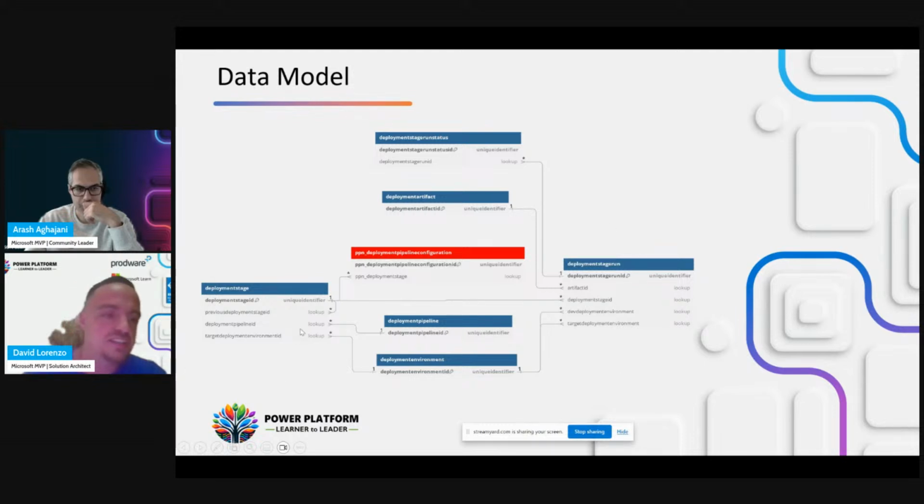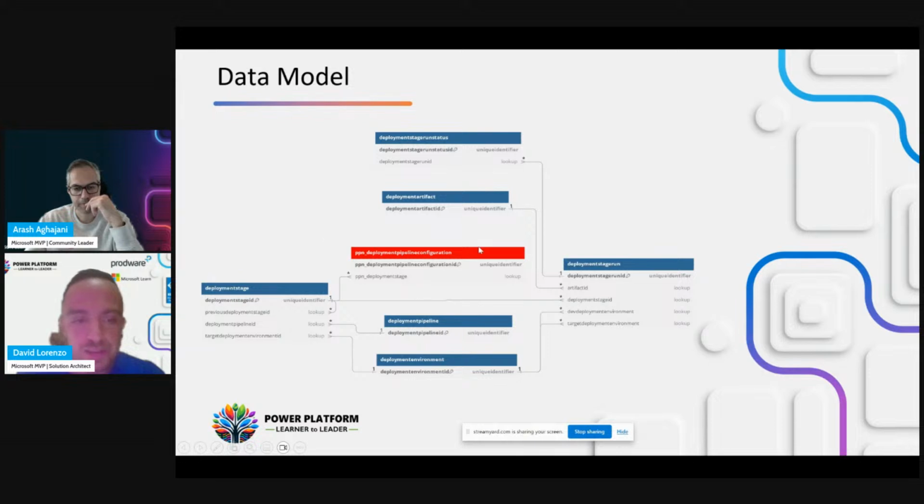So a stage is, for example, a deployment from development to UAT, and every time we run this stage, we save a record here in the deployment stage run. We are also keeping the artifact, which is the solution file we are deploying, and we also have a status of the deployment that can be success, fail, or so on.